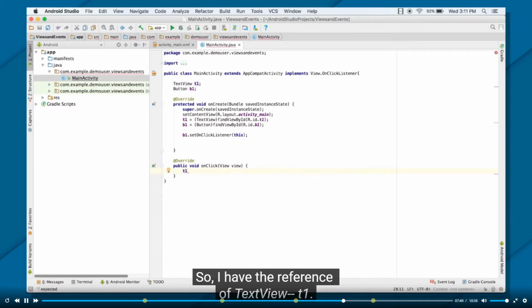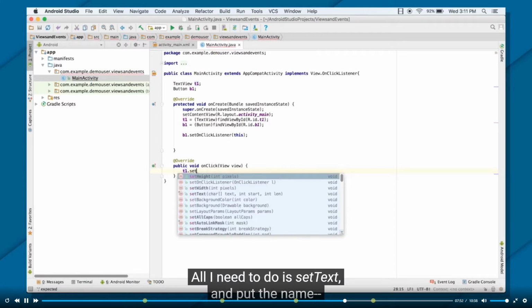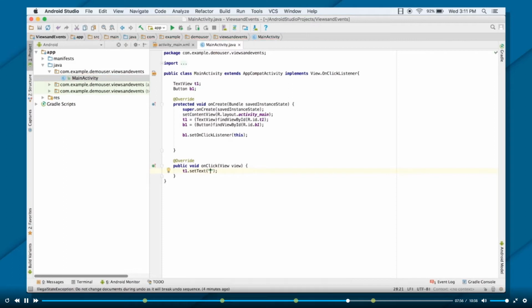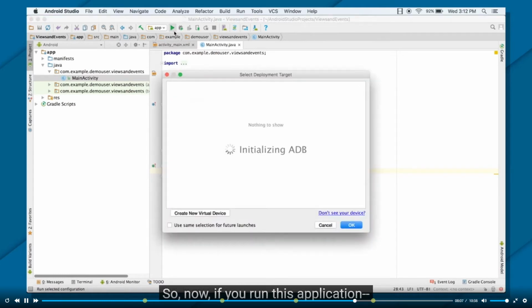So I have the reference of text view T1. All I need to do is set text and put whatever text you want. You clicked button 1, and that's it. So now if you run this application,